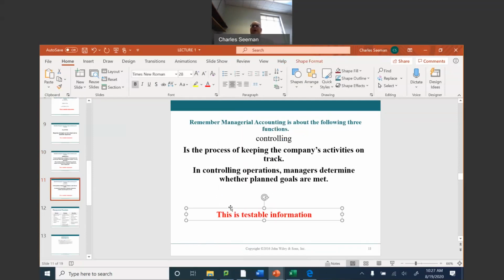This is controlling. Again, this is testable information. Controlling is the process of keeping the company's activity on track. In controlling operations, managers determine whether planned goals are met. So using the example earlier, I planned on producing 400 units. I only produced 350 units. So the controlling function will go back and say,